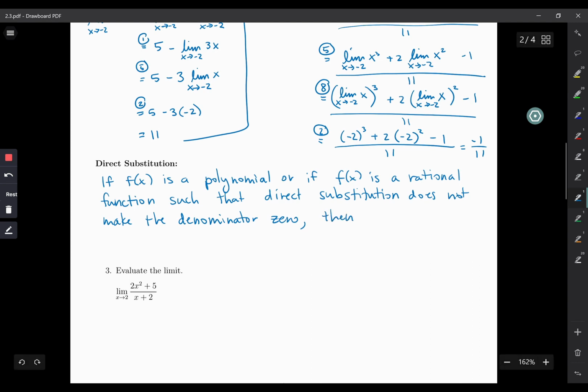So I didn't exactly tell you what direct substitution is, but hopefully it will be very clear in 1 second. So then we can directly substitute, and all that means is we just plug in,